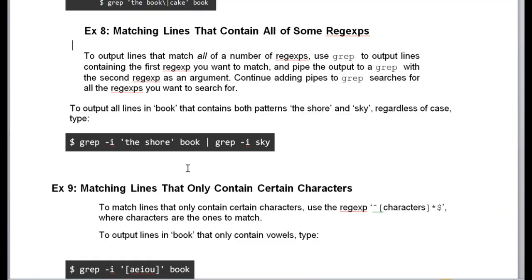Okay. You'll also notice here that there's single quotes on this one, but not this one, okay? And that is because the shore is two words, right? We wanted to search for this whole phrase here. This is only one word, so we can kind of get away with that because grep's going to know that this is just a single word. If we use grep -i without quotes here, the shore, it might try to interpret one of these words as